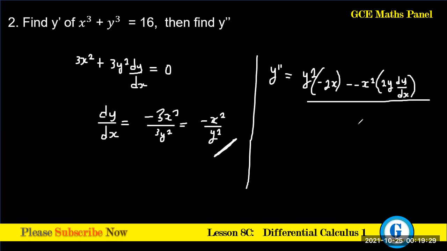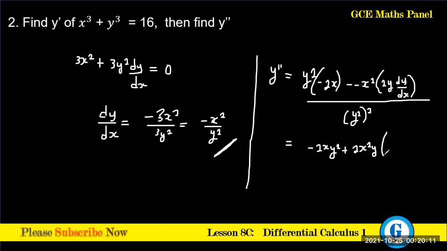So what is the bottom here? The bottom is y squared, right? So we have y squared all raised again to the power 2. So this will be equal to minus 2x y squared plus 2x squared y,